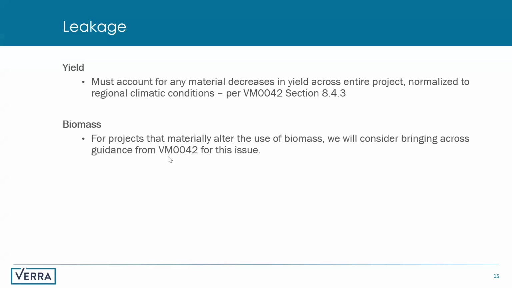We've also flagged another issue, biomass. For those projects that significantly change how biomass is used on farm, quite likely we'll bring across guidance from VM42 to address that. We also have to flag that at this point we're considering leakage impacts with respect to a range of other issues that we've identified, which are not listed here. We've got a whole series of potential eligible project activities, and we're going to be carefully studying leakage with respect to each of those. So the final methodology may end up having further leakage requirements which we haven't identified at this point. I think we can move to the next slide.